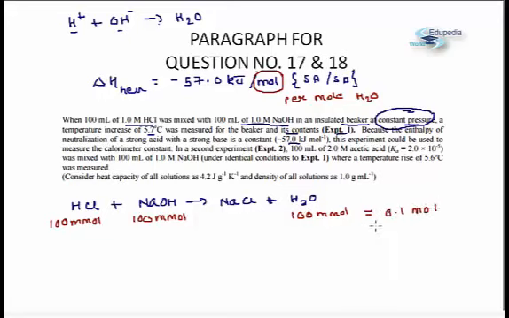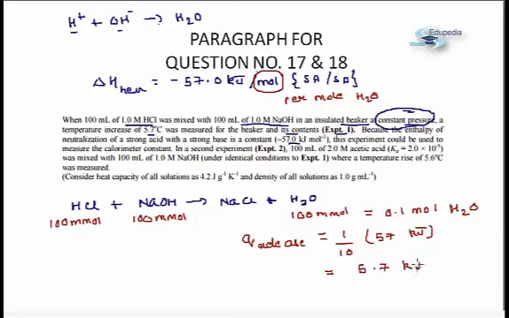So this is one very important fact which you need to realize, that although the heat of neutralization is 57 kilojoule, that means 57 kilojoule of heat is released, but that is for 1 mole of H2O. In this case you are only getting 0.1 mole of H2O, so that means that is 1/10 of the number of moles. So basically your Q release will also be 1/10, and that means the heat released will be 1/10 of 57 kilojoule, and that would give us the data as 5.7 kilojoule.